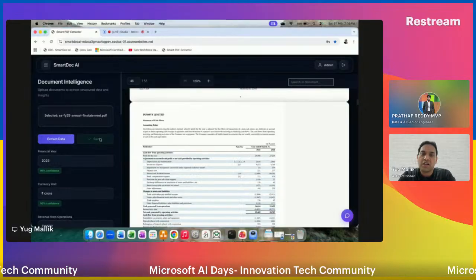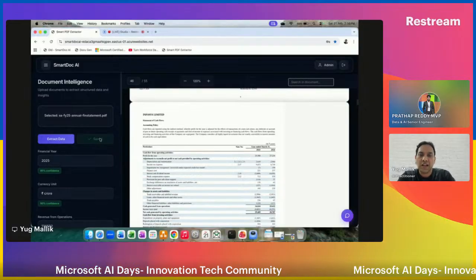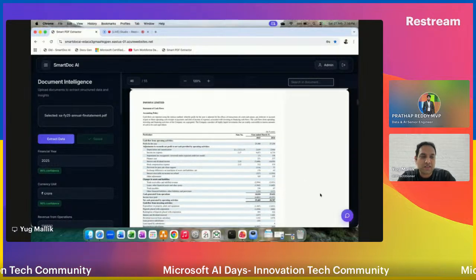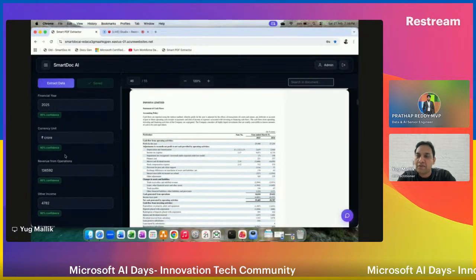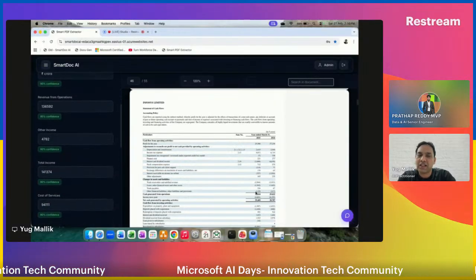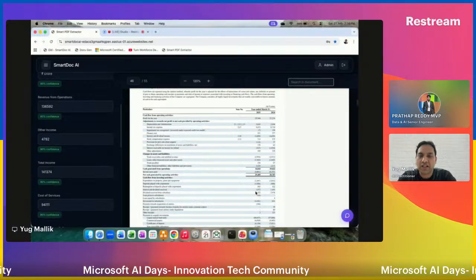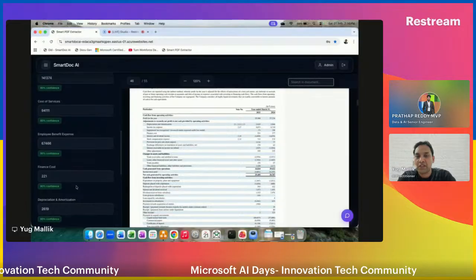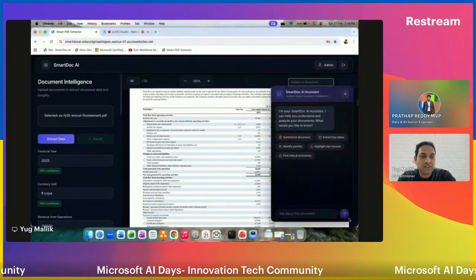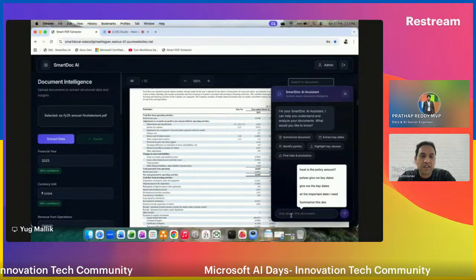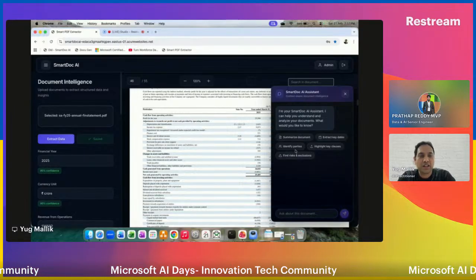Now one additional feature that it has, again through RAG, is this: let's say you have extracted all the information that is needed, but still you feel like, hey, there is one piece of information I need to check, but that information sadly is not there in the left navigation. So that's where you can use this chatbot. You can ask for anything which is not already extracted.